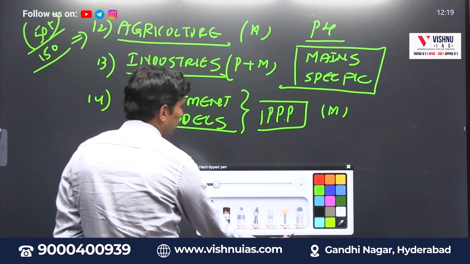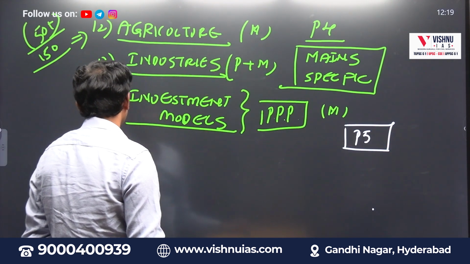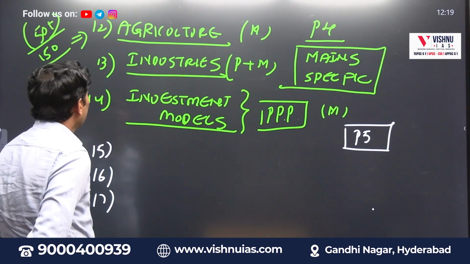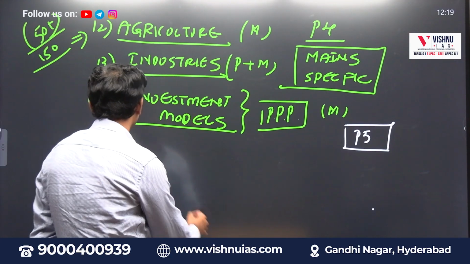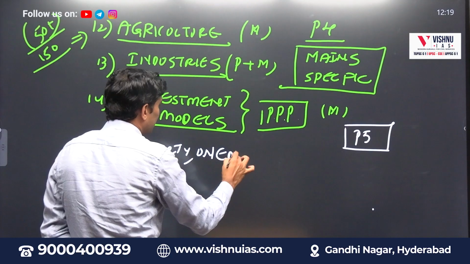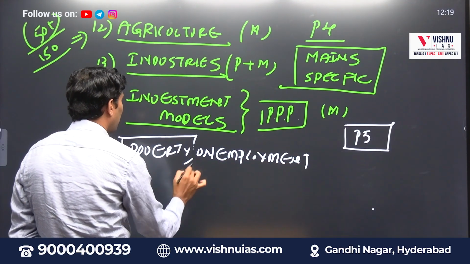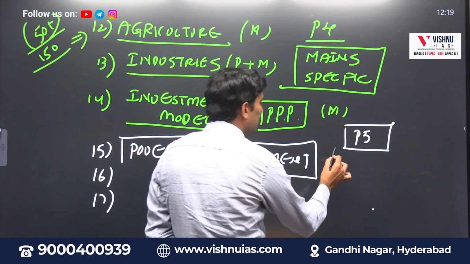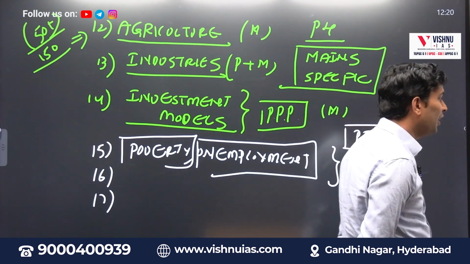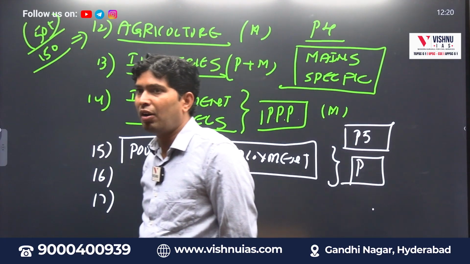Then at the end, we will come to the last pillar. Sir, what is this last pillar, sir? So agriculture, industry, investment models, poverty and employment, specifically mentioned in the syllabus. Mostly questions are asked from prelims. So types of poverty, types of unemployment, but we have to cover much deeper in the exam. Estimations of poverty, committees related to poverty, indexes of poverty, and measures taken for poverty, all.